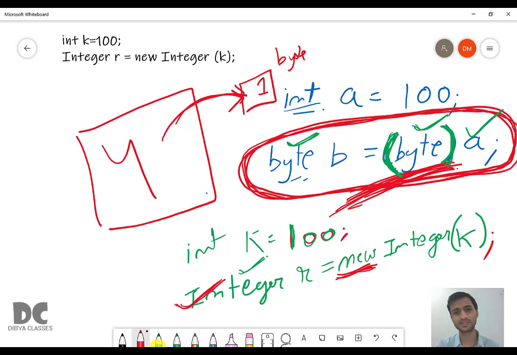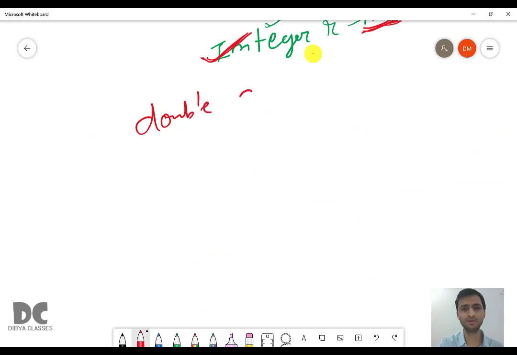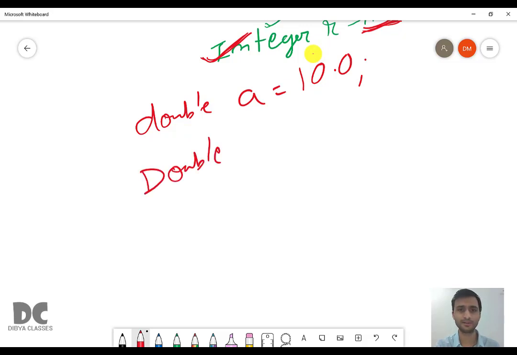Similarly, if it is double A, for example, you have stored 10 in A, but now you want to store it in an object of wrapper class Double, then you have to write capital Double, for example x equal to new.